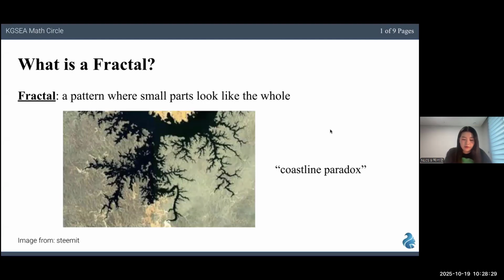First of all, what is a fractal? A fractal is a pattern where small parts look like the whole. This means that it shows self-similarity and that a small part of the shape looks similar to the whole shape. When you zoom in on a fractal, you continue to see the same shape of pattern repeating itself at different